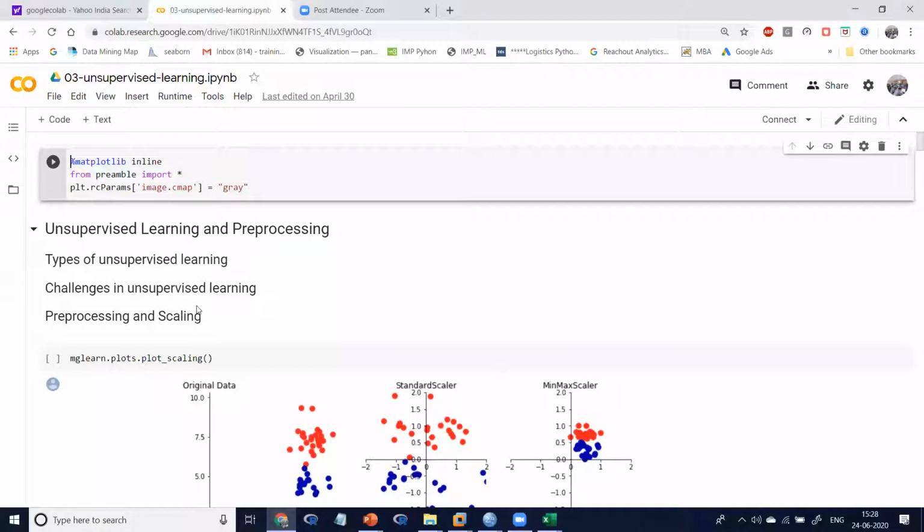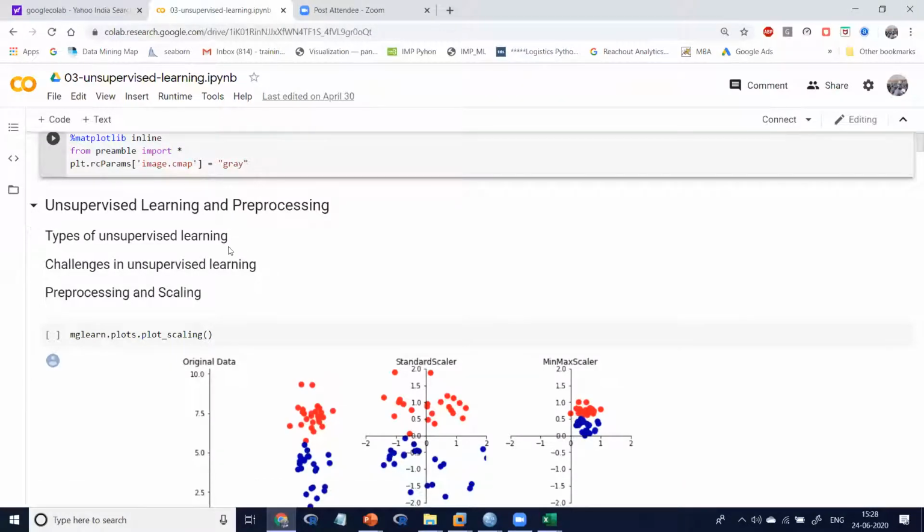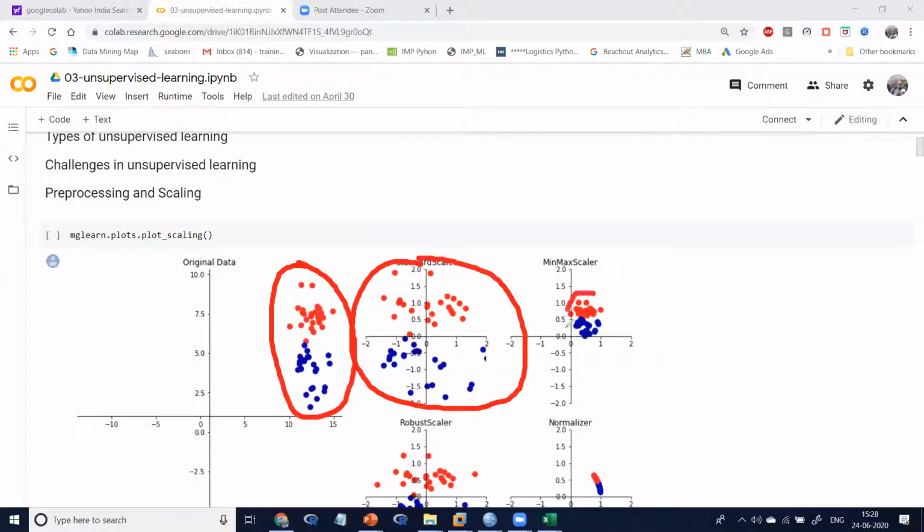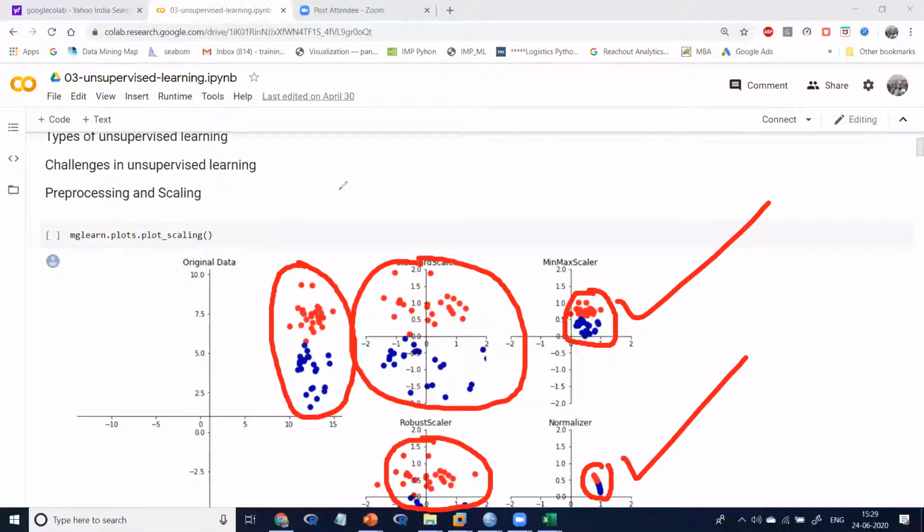Minimize. You see the unsupervised learning process. In the original data there is a large vacuum; this much distance is there. After standardization, it becomes like this. After min-max, it becomes like this. After normalization, it becomes like this. This is the best one, this is the second best one. The robust method also gives a reduction. So the raw data you should not apply. Convert this raw data into transformed data, that is data standardization.